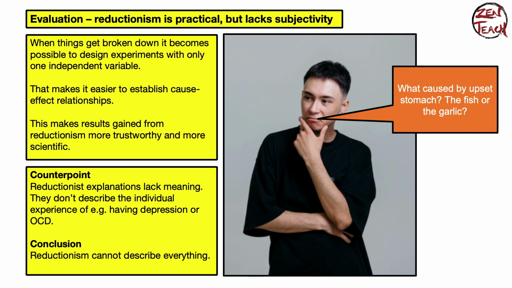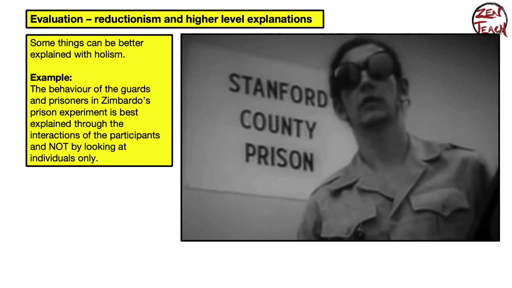And for some people that's very inhumane, that's very reductionistic, which is often used as a negative word to say you are so reductionistic, you are not taking into account the actual experience, right? But it does lead to a lot of positive effects, right? Like treatments. One example where reductionism fails is Zimbardo's prison experiment.